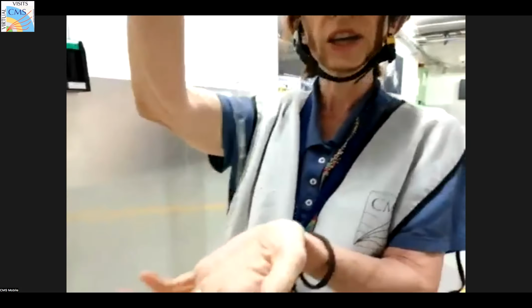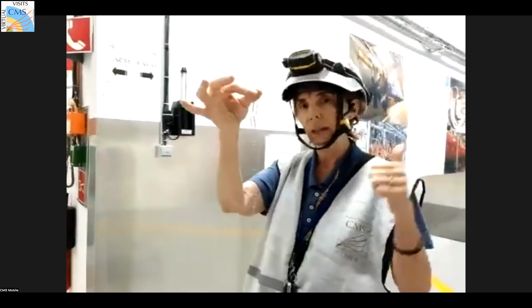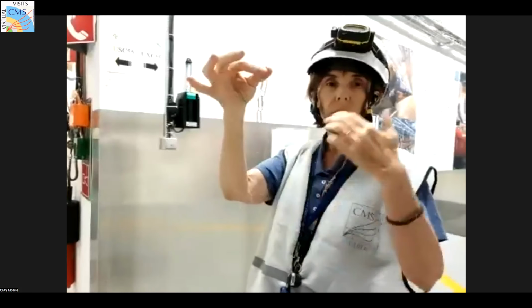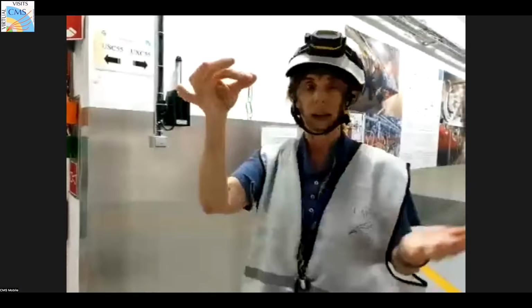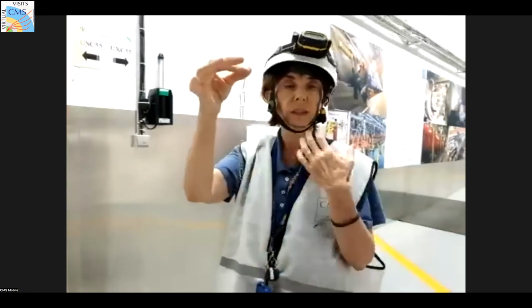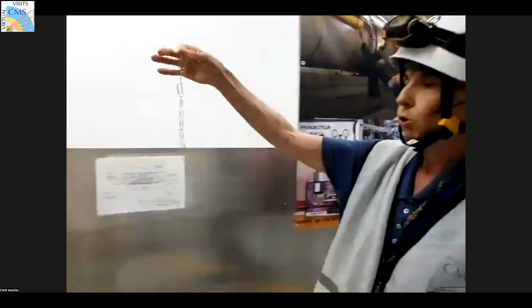Now let's check if I can detect any effect of the magnetic field inside. I remember it was said that the superconducting magnet inside the detector in the center delivers a magnetic field of 3.8 Tesla. Here we should just feel a fringe magnetic field that is not dangerous for us. So I can just point this last clip of the chain. Let's see if something happens. Okay, I go slowly.